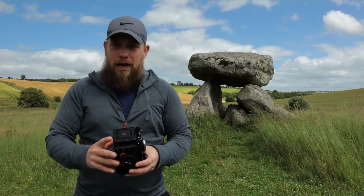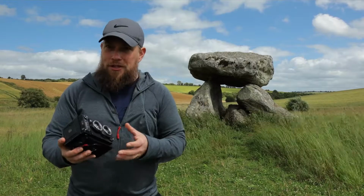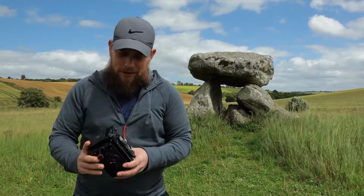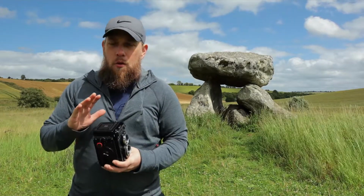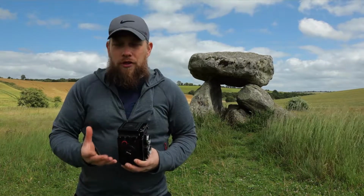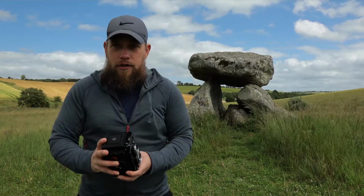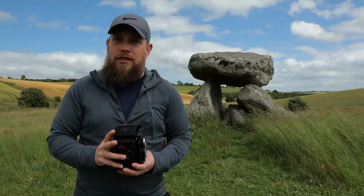I've never used a film camera before other than the standard sort of point and clicks. I've never messed around with a medium format for a start, and film camera is, yeah, it's all brand new to me. So what I was thinking of doing is, because I want you to come along on the journey with me, and this is the start of the series, I'm not going to be posting any shots that I take with